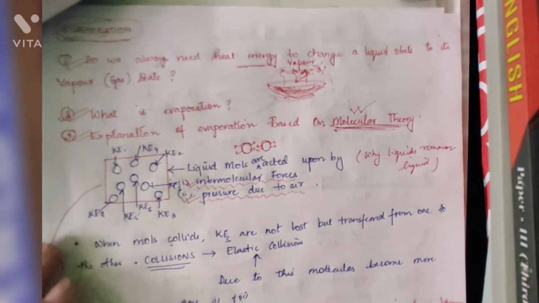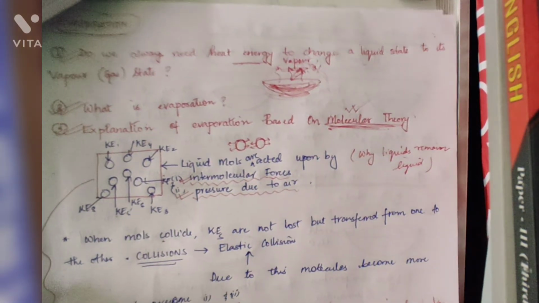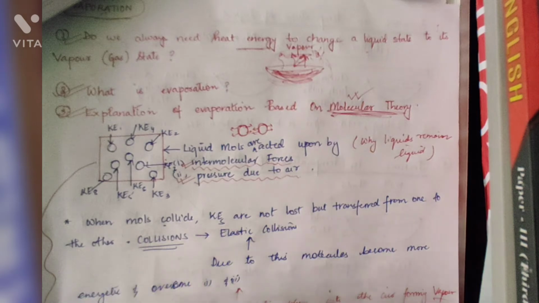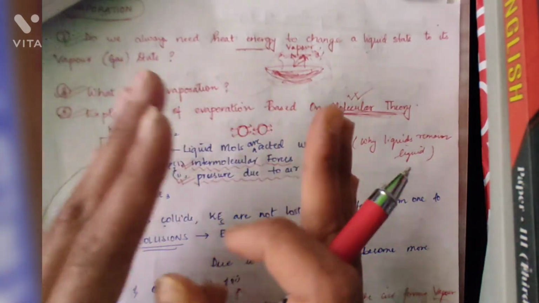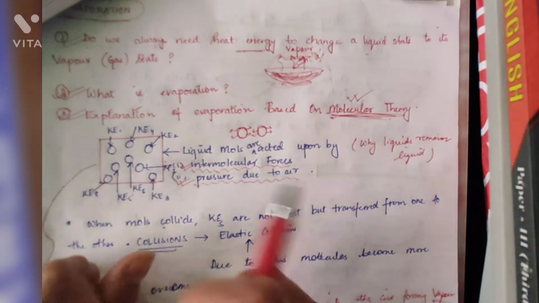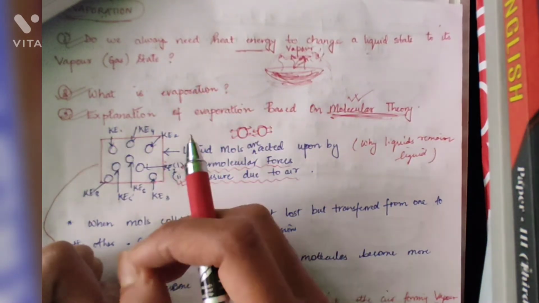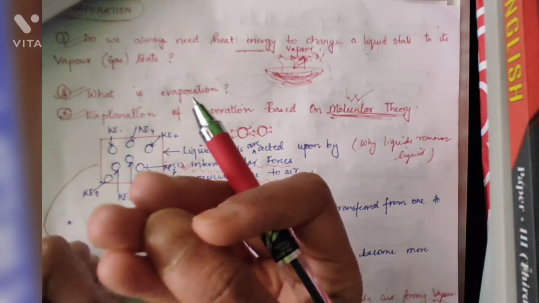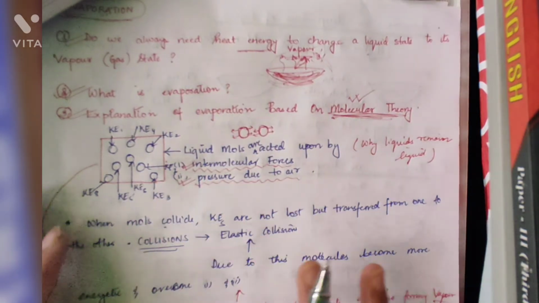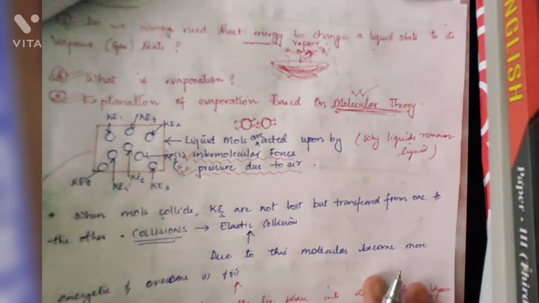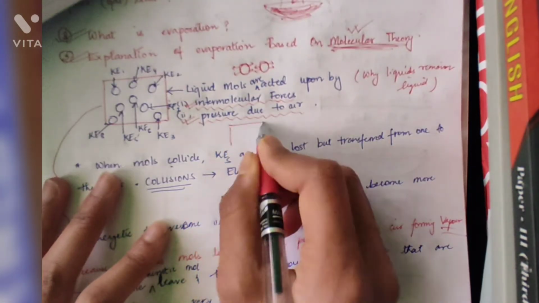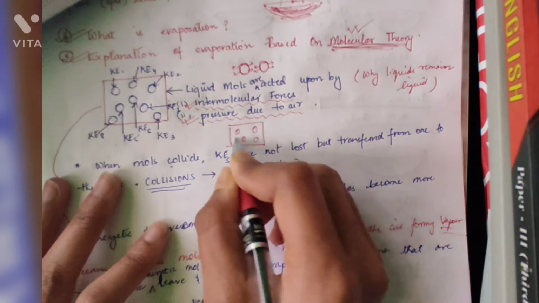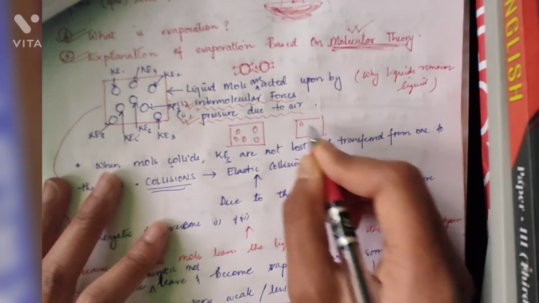All right. Now, how does evaporation take place? Evaporation is a change from liquid to gaseous state or vapor state without boiling the liquid or without giving any external temperature or external heat. Okay, so when liquid changes to gas, what happens? The molecules which are in liquids will be turned to gases.